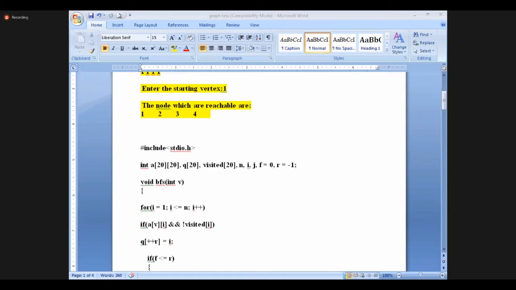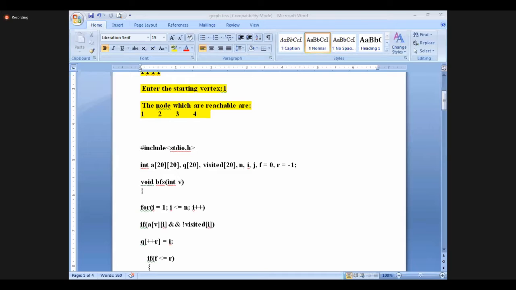2 will be visited, and after that 3 will be visited. Whenever you visit 2, you will look up in the visited array and understand whether the particular node is visited or not. Then we will come to 3 and see it is not visited, so we will visit it and put the information in the visited array. Then we will come to 4, because 4 is also adjacent to 1, but 4 is marked in the visited array, so we never visit it.